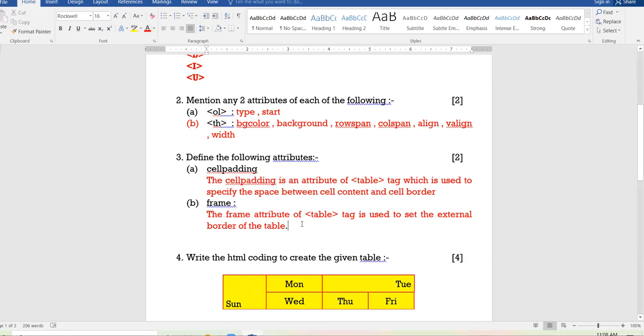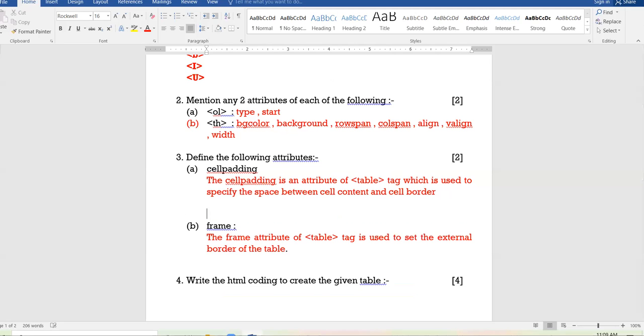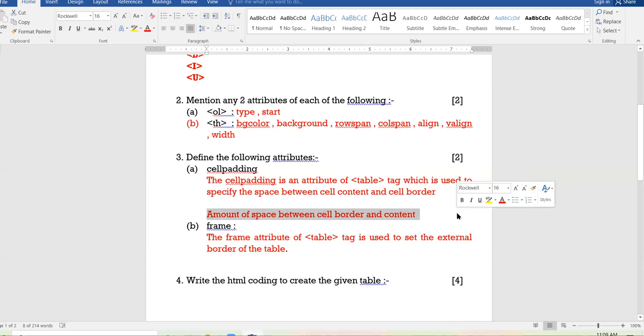Now, I am writing the definition which you people are writing. That is not a correct way to write a definition. You people are writing: amount of space between cell border and content. This is not a complete definition of cellpadding.